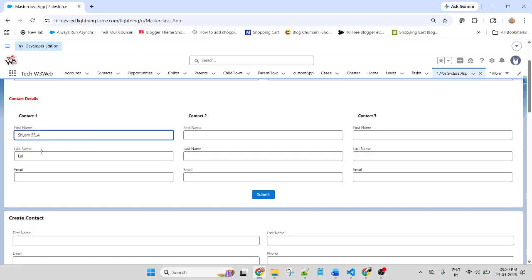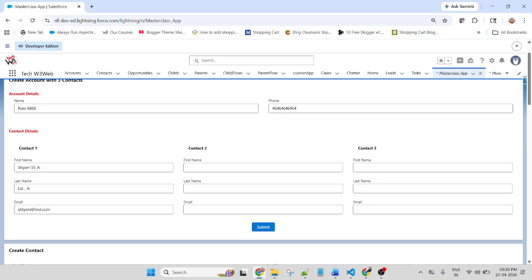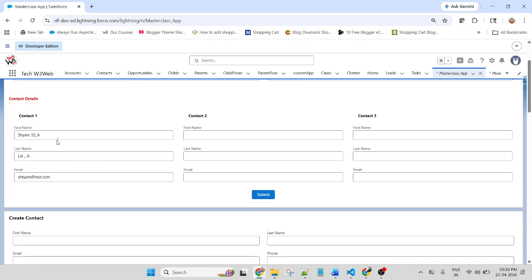Putting A, this is record 1, underscore A, and email direct page.com. So I am putting a unique name, 888, and this is for contact 1.